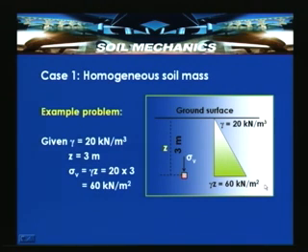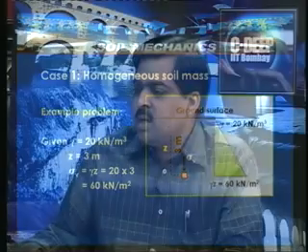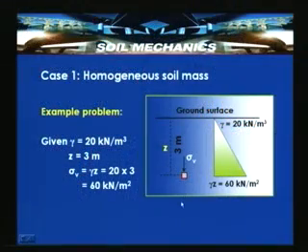So, this variation of the geostatic vertical total stress is linear with the depth. That is, here the depth of the soil is like this and the stress is plotted here, then the plot can be obtained like this. So, this is an example problem for a homogeneous soil mass. Let us consider